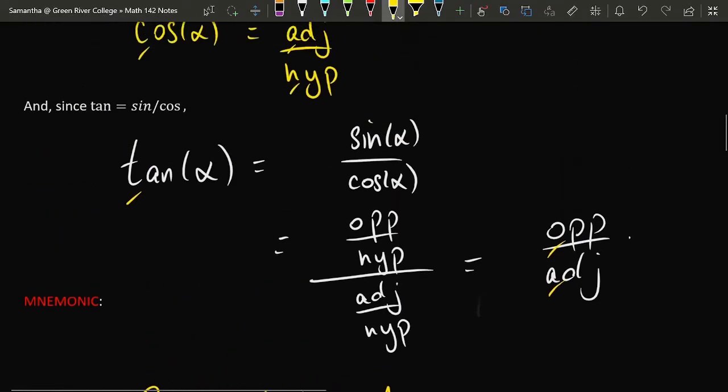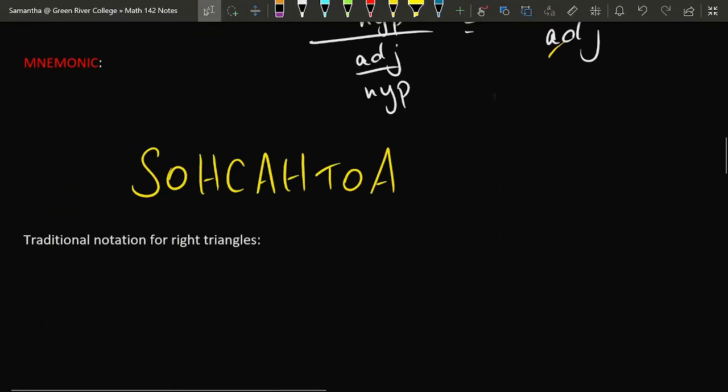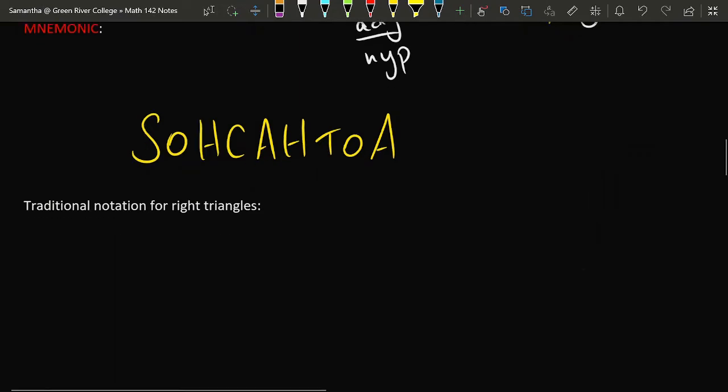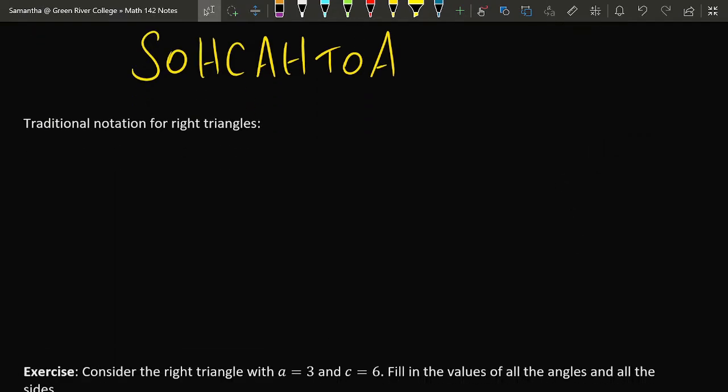Now, the amazing thing about these three formulas, SOHCAHTOA, is that they can be used to take a very limited set of information about a particular right triangle and to fill in all of the remaining data about the triangle. So that's what we're going to be practicing doing with the rest of the lecture, using sine, cosine, and tangent, as well as some general geometric formulas to take two values in a right triangle and extrapolate all the values of all the angles and sides.